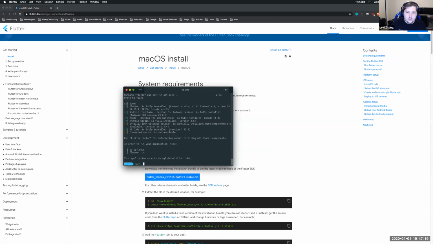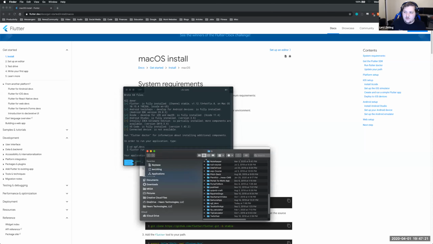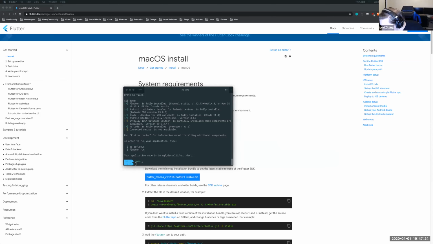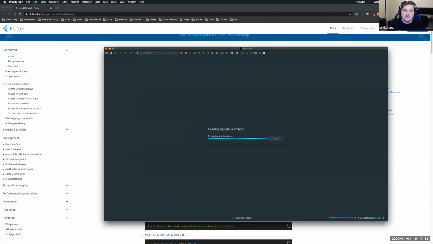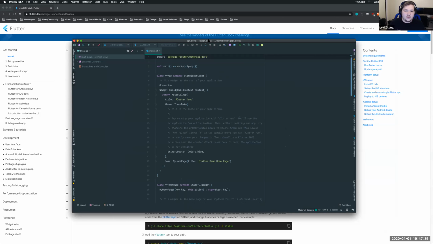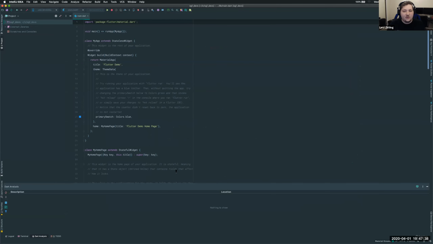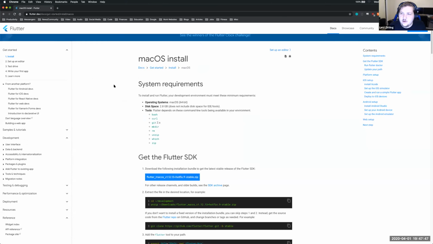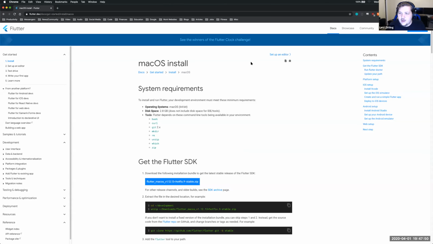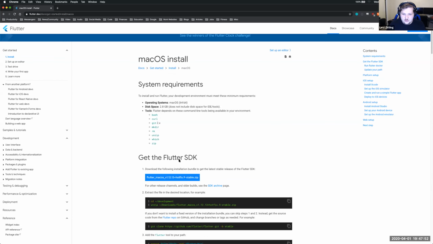And then I'm going to open this project up in my favorite IDE. Let me pull this up. I'll also mention that Flutter doesn't have a go-to IDE. They support kind of all the big players out there. So they have plugins for Visual Studio Code. They have plugins for IntelliJ, which is what I'm using, as well as Android Studio and the like. I'm sure there's a page on their website, I can't remember exactly where it is, on editor plugins,